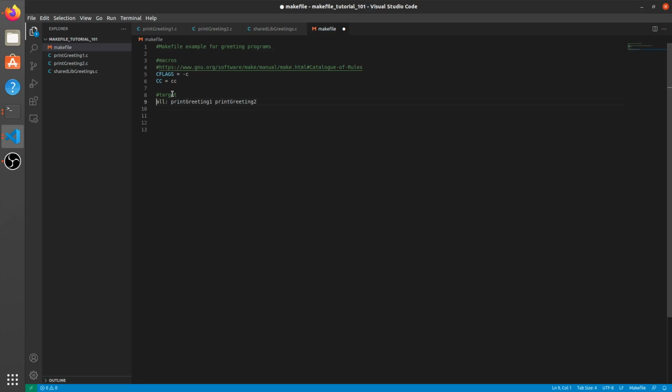Now what that says is this is the target, and then you always have dependencies. All right, target and dependencies. Well, it just so happens in this case, these dependencies are targets themselves. So what we're going to do here is define what print greeting is. So print greeting 1, what is print greeting 1? Print greeting 1 is going to be its own action. So then we define what the dependencies are for print greeting 1. And to build print greeting 1,